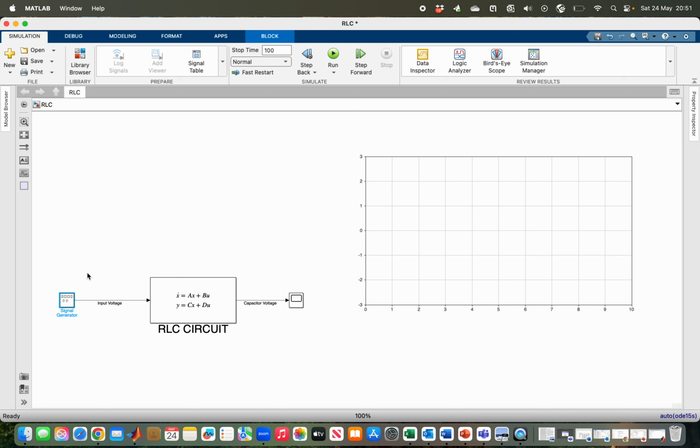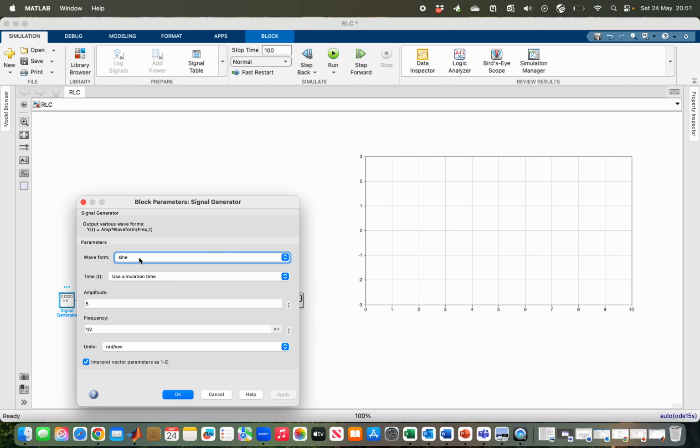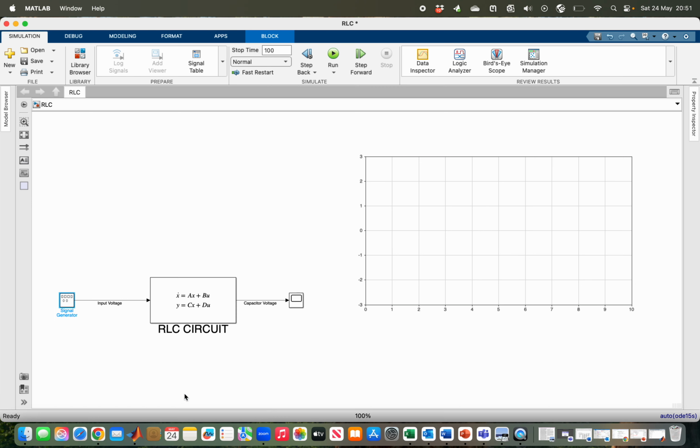I can now define my sine wave. If I click on the signal generator, it is already in the sine wave form. So my amplitude is 5, and let me choose a frequency of 1 over 20, which is 0.05 for low frequency simulation, and then I will change the unit to hertz. So clicking on apply, and then OK. So by clicking on run,